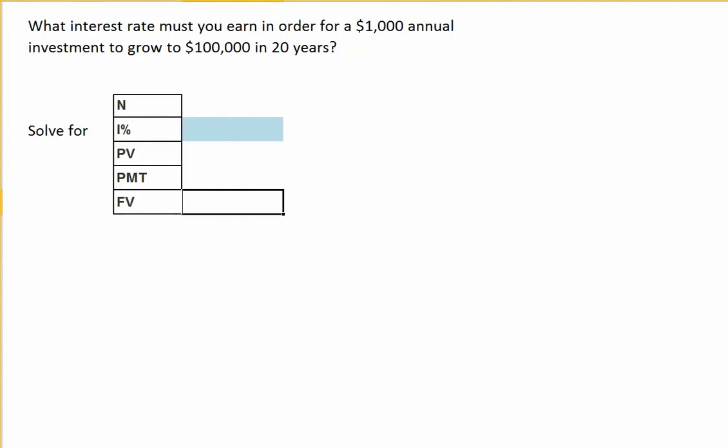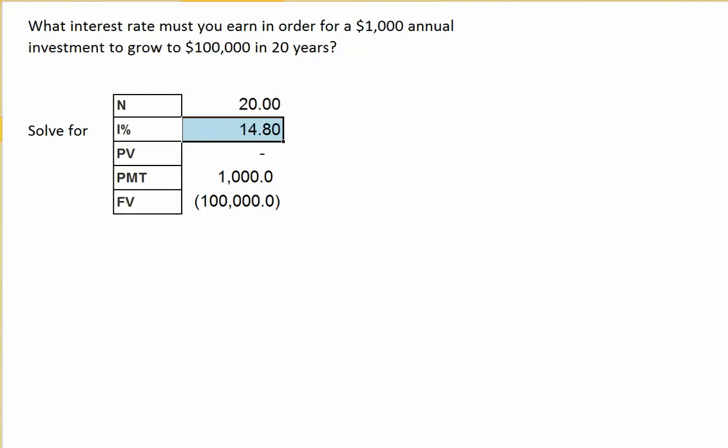Let's consider another problem. What interest rate would you need to earn in order for a $1,000 annual investment to grow to $100,000 in 20 years? Again, our future value, the amount we'll take out, will enter as a negative $100,000 in our financial calculator. We have an annual contribution or payment, our annuity, of $1,000 a year. We have nothing in the account today, and we're going to be making this annual contribution at the end of each year for the next 20 years. Finally, solving for our interest rate, we see we need to earn 14.80%